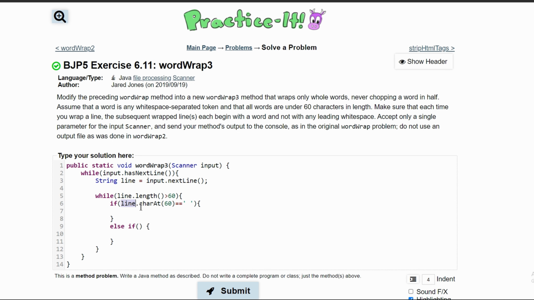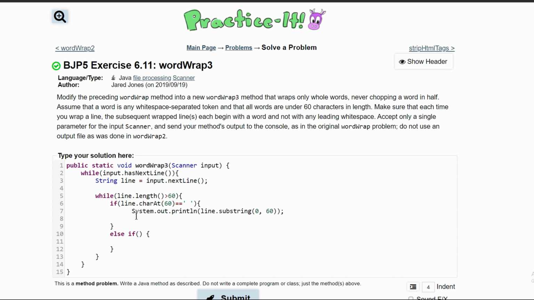Basically, we're saying if line.charAt(60), so if the character in our line at index 60 is equal to a space, we are just going to print out our line from 0 to 60. So we're going to have a sysout where we will have a substring in here because we only want to get that specific 60, because there could be more than just 60 in this line. So we'll do line.substring, and in our line.substring, we're going to have it go from index 0 to 60. We're going to end this line,